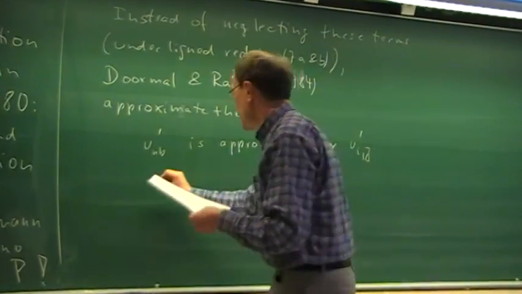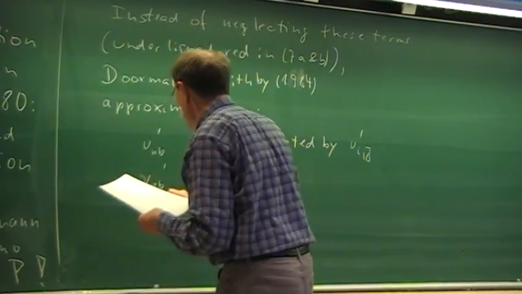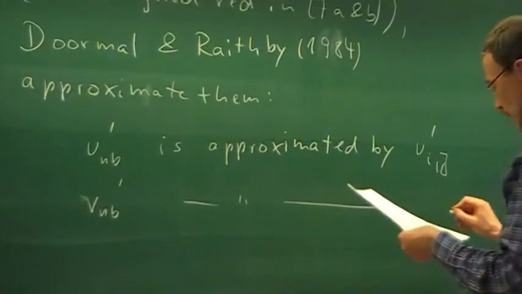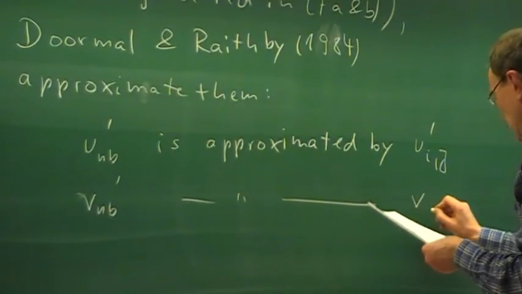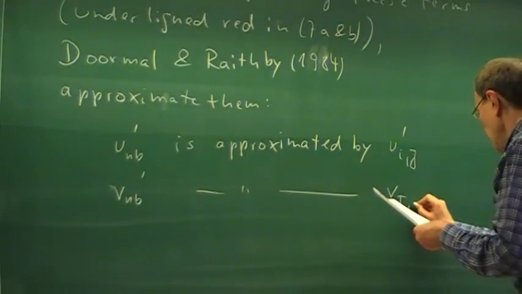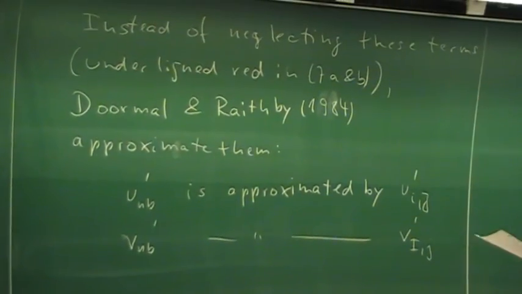And correspondingly, the velocity correction in the y direction, v prime, is approximated by the v at the center node, which is in that case capital I lowercase j prime. If we do that, we get,